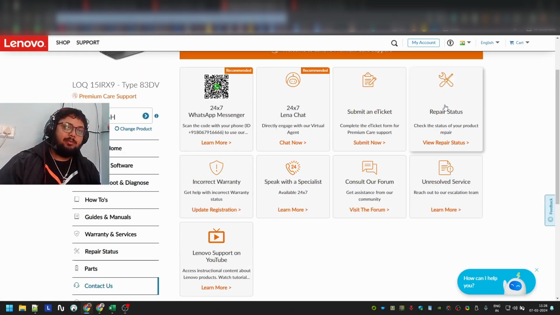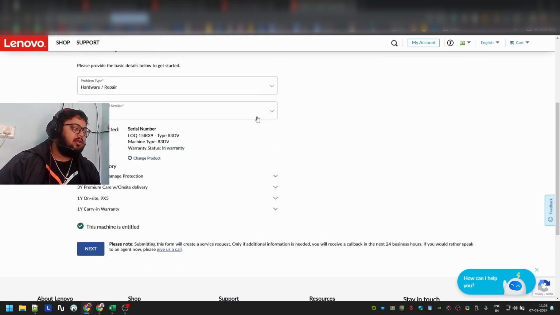As soon as you click on contact us, this will open. If there is already a pending status, you can check it from here, repair status. But for now, just click on submit an e-ticket. And here your serial number will come. I have just deleted it for now, and you just write everything here. Once you click next, there will be a few boxes that you have to fill. My ticket is already open, so it won't happen for me, but most of them